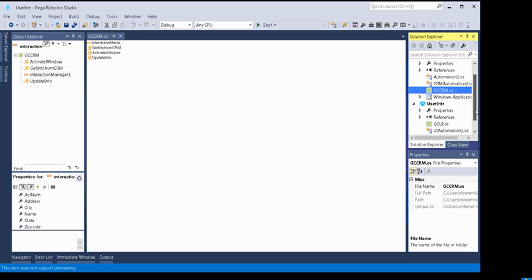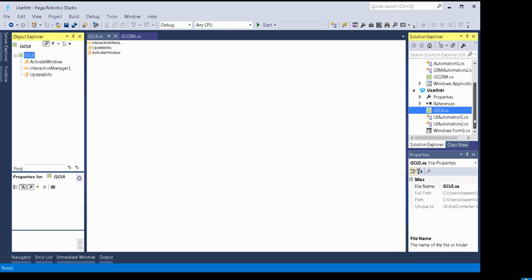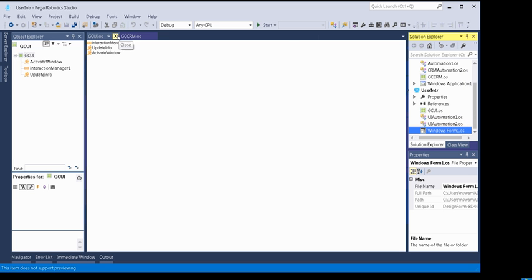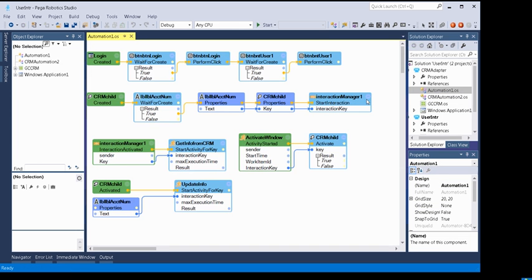And in the user interface, we have again one global container with two activities and one interaction manager, and two automations and one Windows form. And now let's check what we have in the automation. So close the global container windows, go back to the CRM, and in automation one we have the first